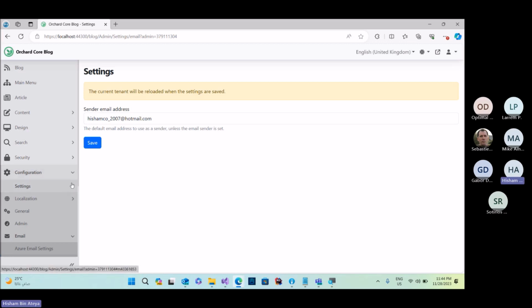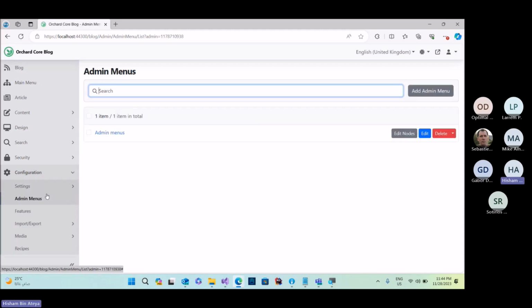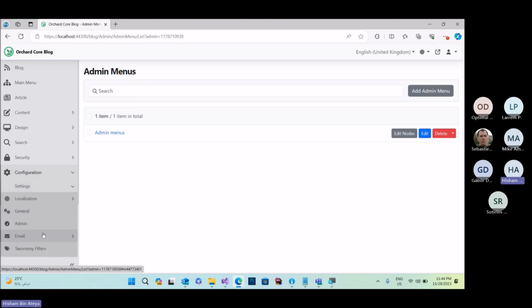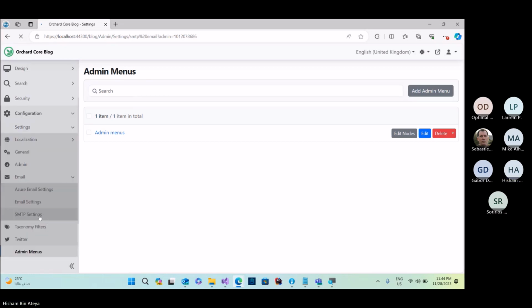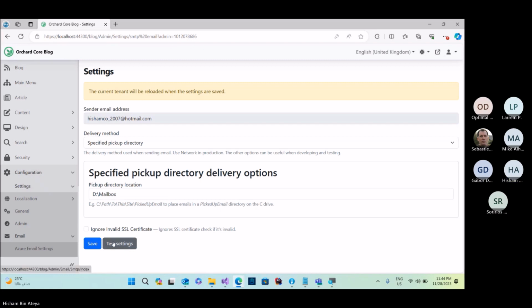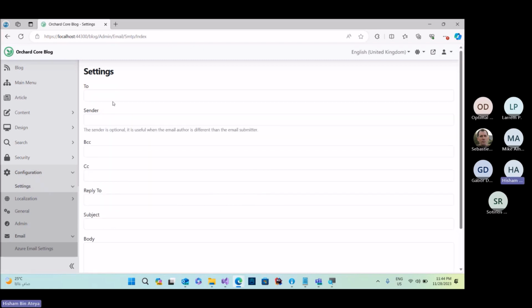One of the issues I faced here is when I go to the settings, email, SMTP, and I'm trying to test an SMTP implementation while both modules or features are active, and Azure is the latest one I activated. In the DI, the Azure implementation should win.